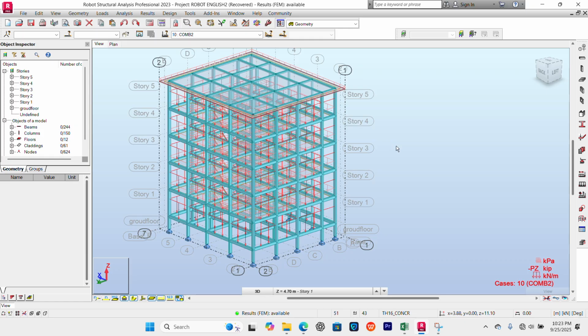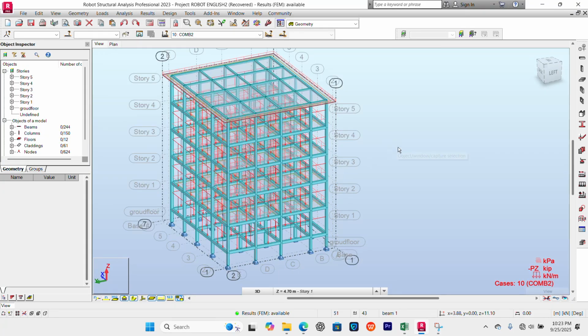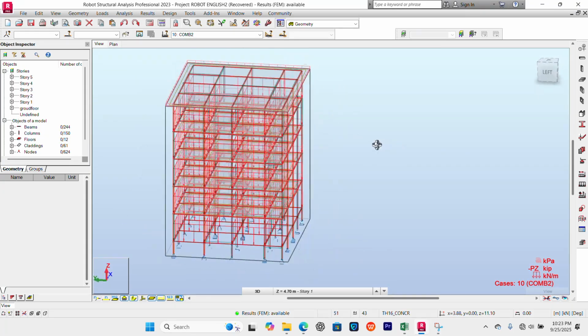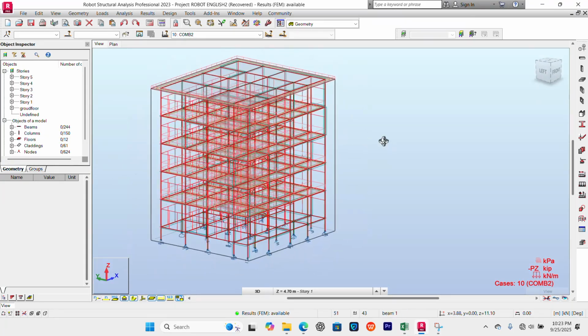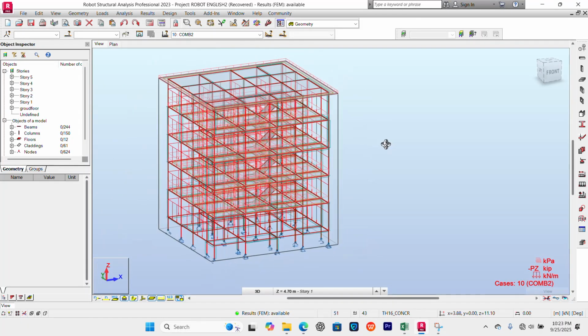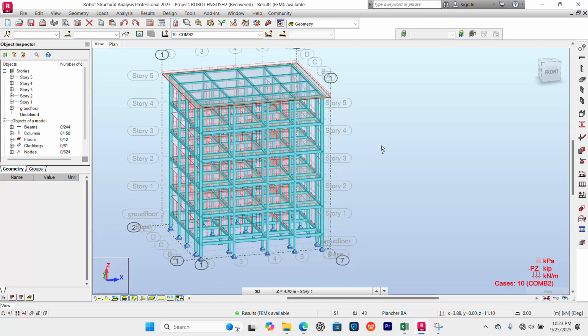In the next lesson we are going to see how to map the members to identify which one is the most loaded or the least loaded, to know how to design our structure. So this lesson was just to apply the last load, which is the one of the staircase, and run the calculation, and check whether we have errors or not. Luckily for me and unluckily for you guys, we did not have any error, so we will not go on the path of error.